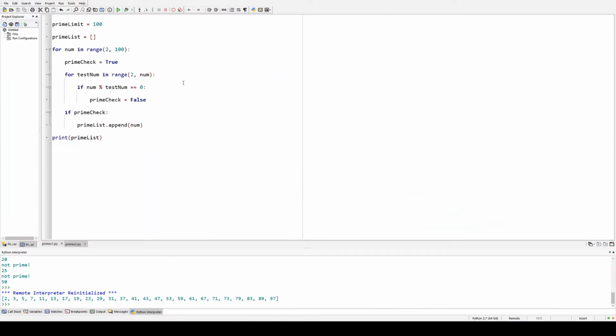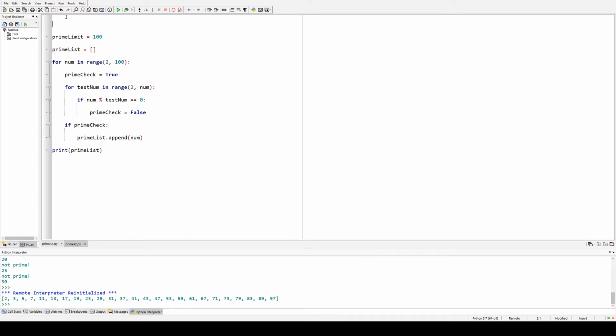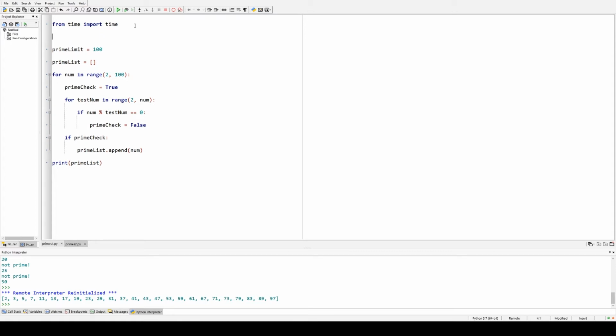Right, so now we have a program that can generate a list of prime numbers. What I'll do now is I'll add 2 extra things to it which just help with optimizing the program. And then they help with seeing how optimized it is, and then we'll work on optimizing it. So I'm going to start by adding a timer to the program that will tell us how long it's taking to run. So start time,